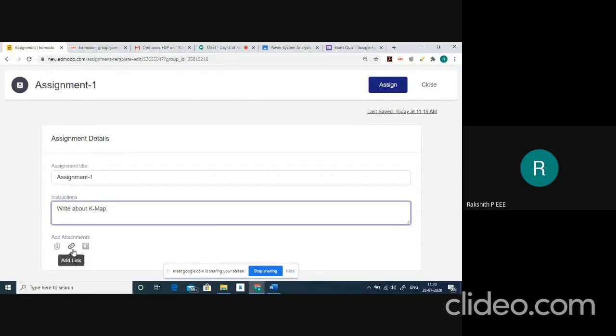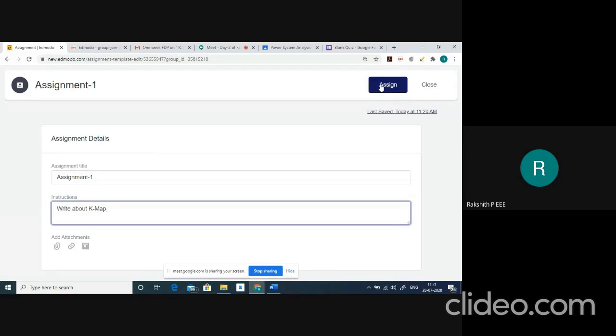You can add a YouTube link which you have created related to this particular KMAP and then write answers accordingly. Or assume that you have inserted some materials in your library, you can give that particular material to them. And you can give that particular instruction like refer this particular material. So once you fill all these details, you can click assign here.